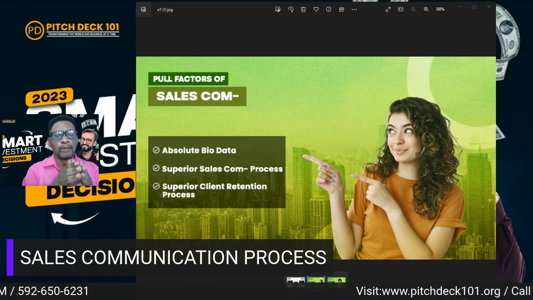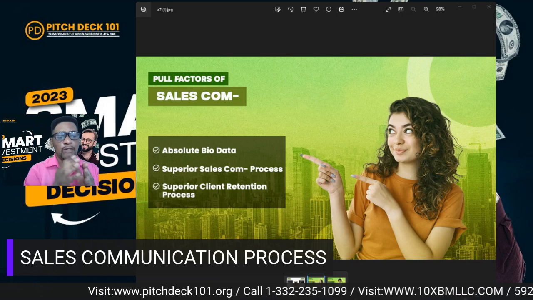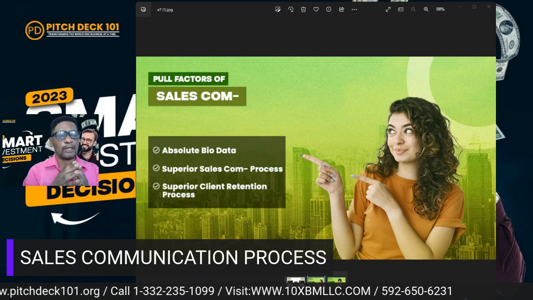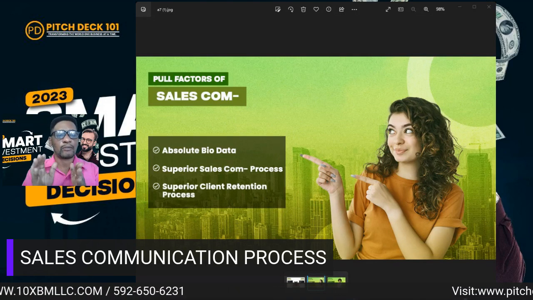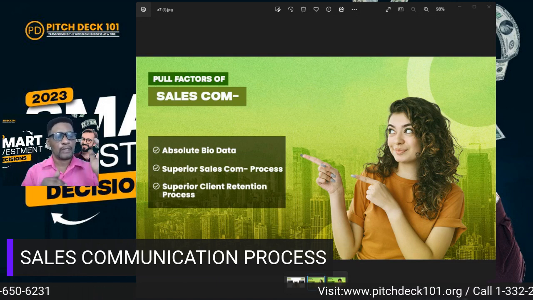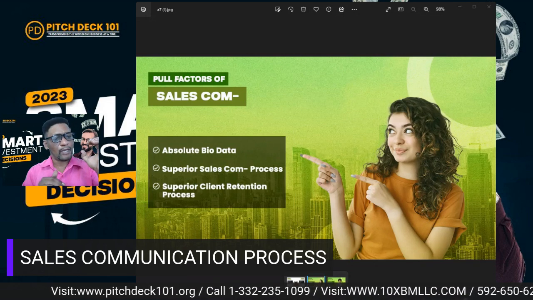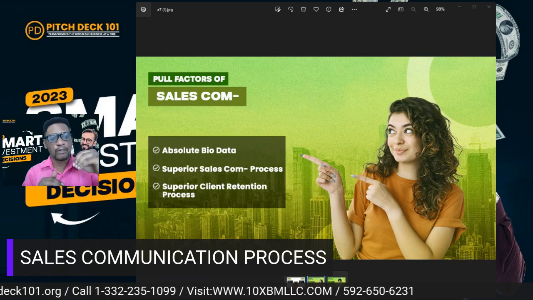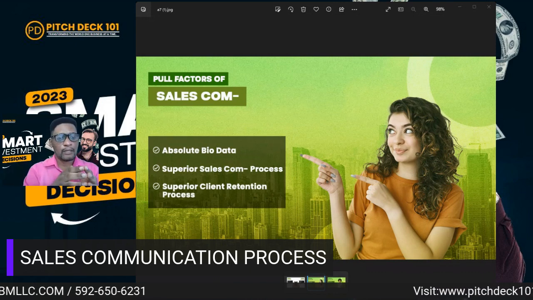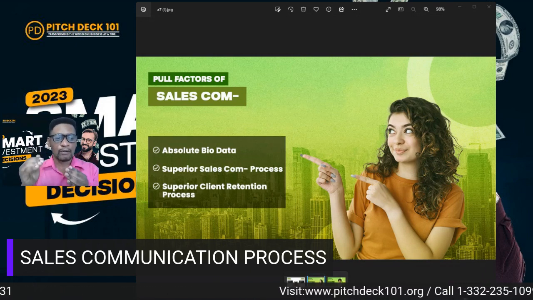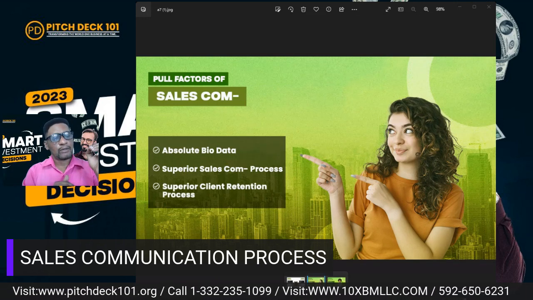So what is being proposed is that once you take the time to understand the biodata and you build out the superior sales communication process, it literally enables you to have a superior client retention process. Now, this has twofold. The superior client retention process is a system that is built out to retain your customers. Within those systems we are also looking at the demographic, the psychographic, and the geographic. But the system is able to retain